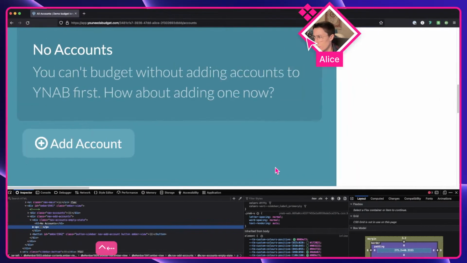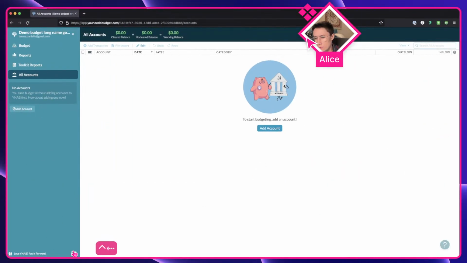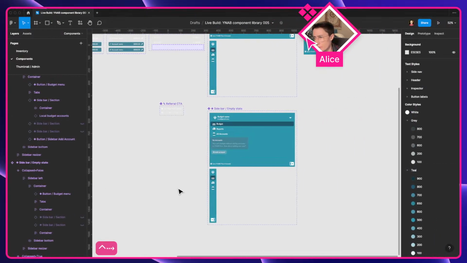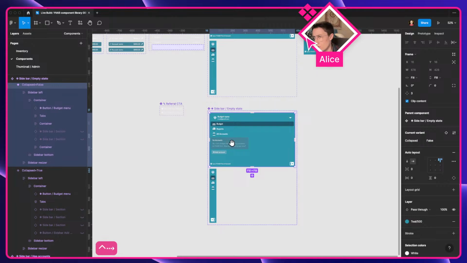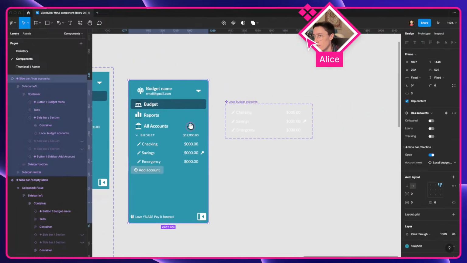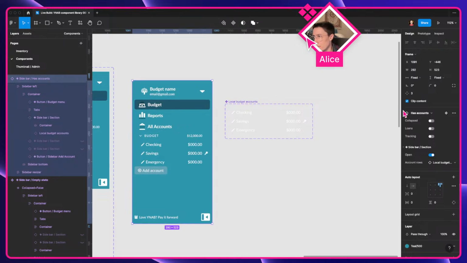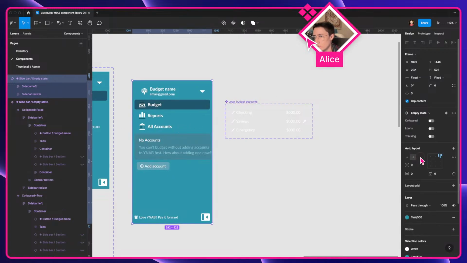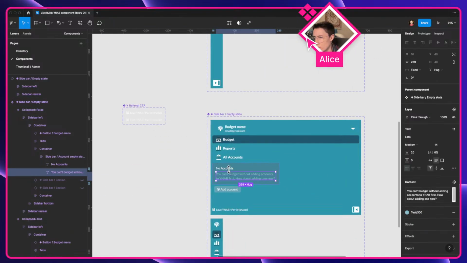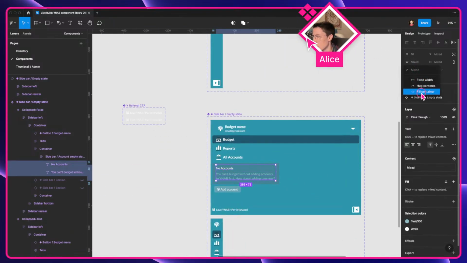And then when this is all collapsed, okay, it is the same. Great. So now, again, if we're working in a local file, has accounts, empty state, great. Let's make sure these are set to fill,